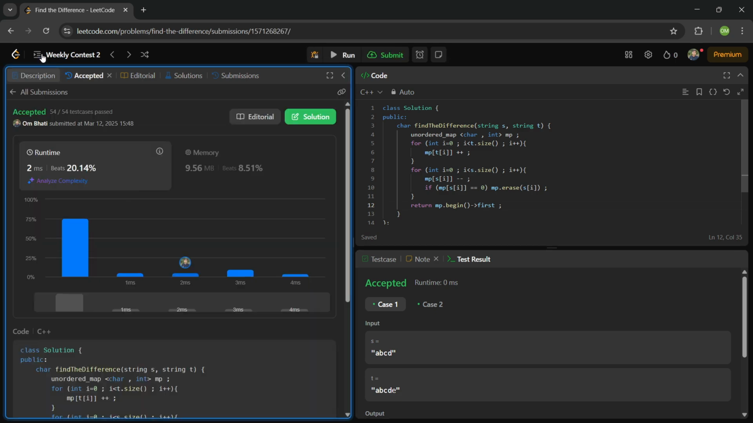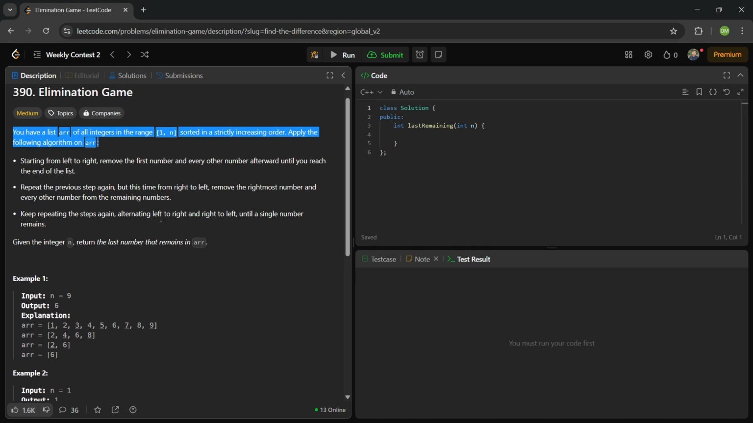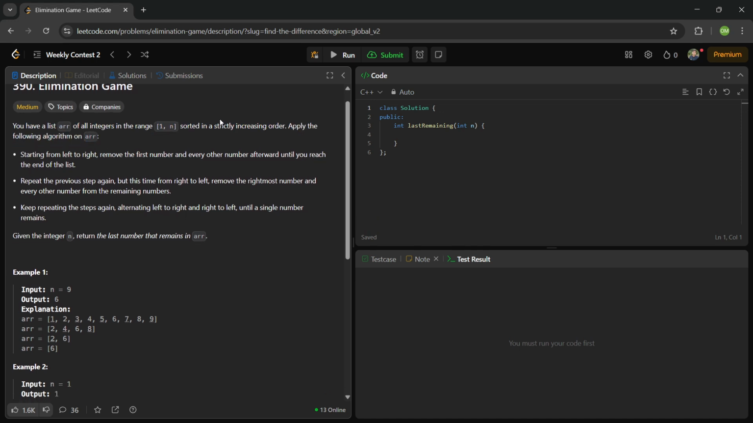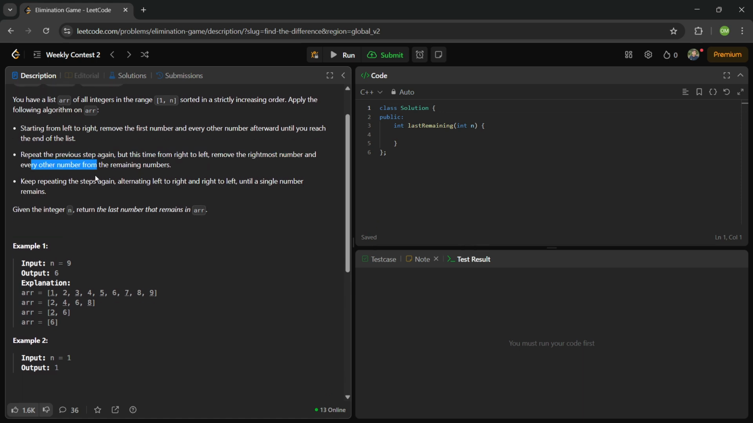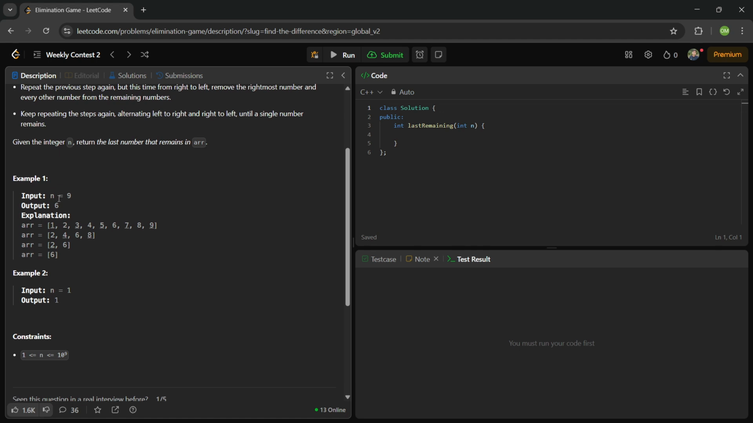Okay, now the second question. Okay, medium level. You have a list of integers sorted in increasing order. Apply the following algorithm. From left to right, we have to remove the first number and every other number after. Repeat the previous step from right to left. Keep repeating. So here we are given a value n, that is 9, numbers are given in an